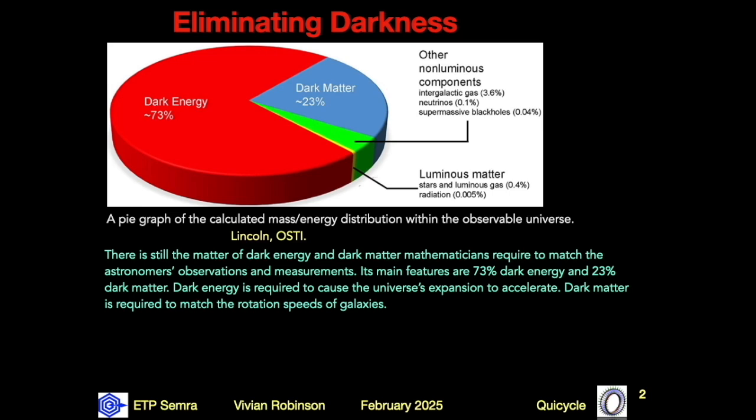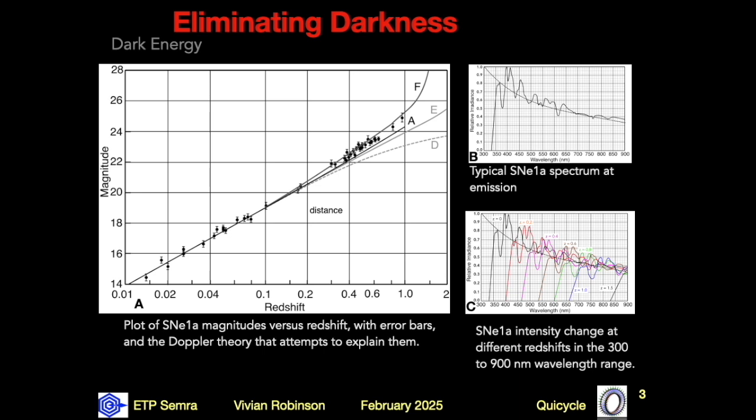But if the universe is not expanding, why should we be concerned about its accelerated expansion? Well, the results were obtained, so we need to evaluate them and find out what their measurements mean. Figure A is the reason mathematicians think they need dark energy. It is a plot of the measured magnitudes of type 1a supernovae, hereinafter referred to as SNE 1a, and different redshifts. SNE 1a are a particular type of exploding star. They are not easily confused with other celestial events.